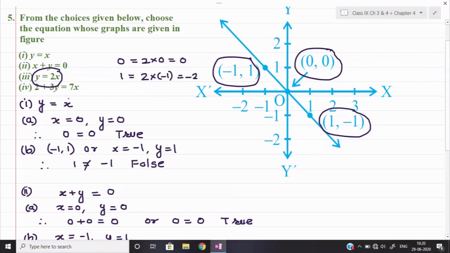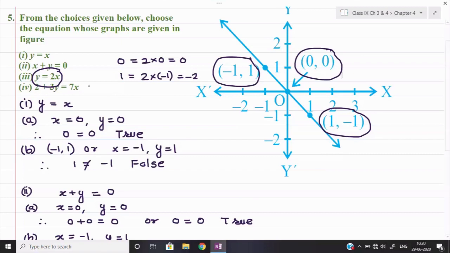In the same way we can check for the part number fourth also, but you need not check, you can leave it because we got the answer in part number second only. Suppose we do not get the answer in part number second, then we shall go to part number third, and in the same way we shall go to part number fourth, which will be our last option. Okay, so this question you can leave till here only.